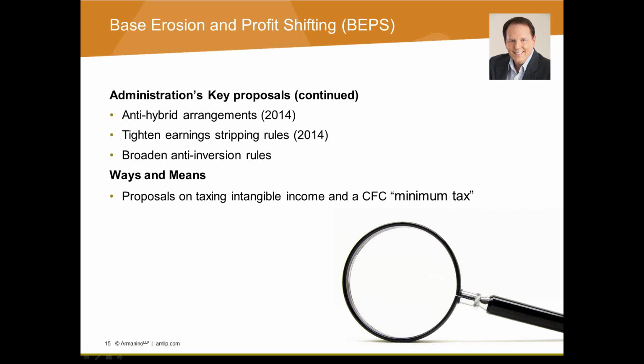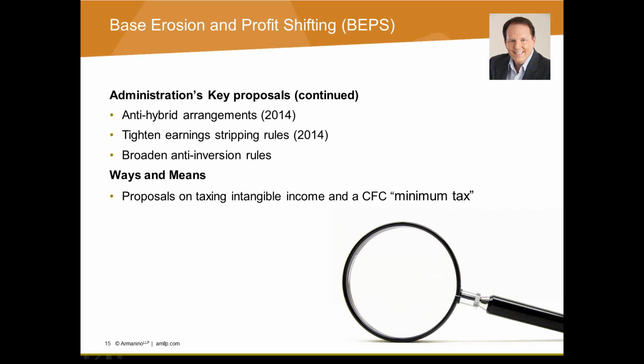They think that 80% threshold is too lenient. They want to drop it to 50%. But moreover than that, they want to introduce an additional rule that says, notwithstanding any kind of overlap between the old U.S. parent and the new foreign parent, if the worldwide group has significant operations in the United States and the foreign parent is managed in the United States, that foreign company, again, would be treated as a U.S. corporation for U.S. tax purposes.